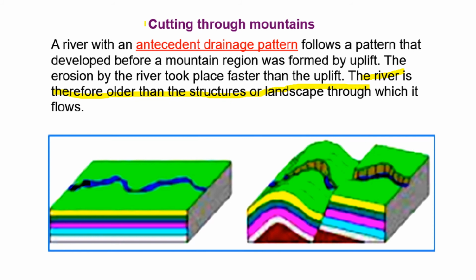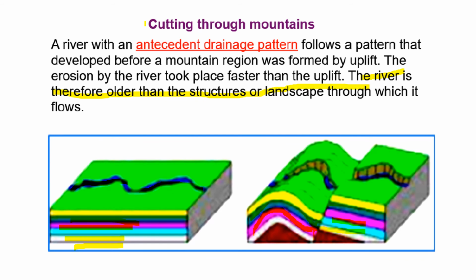We have a river flowing here on the surface. You can see it flowing there. Underneath, we've got the strata, different layers, and that's happening. Now, over thousands, millions of years, tectonic forces on the Earth's crust start pushing up these layers, and they form a mountain range. You can have faults where a whole block of strata is forced up,